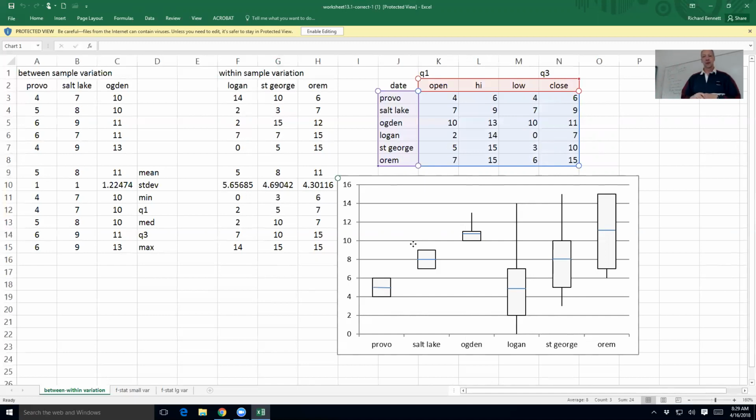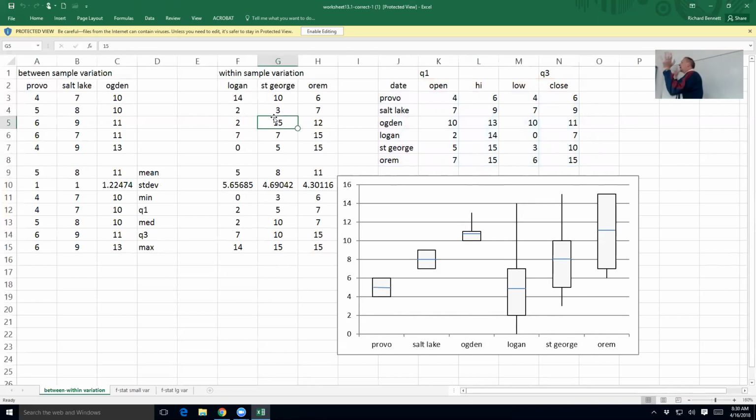So Logan, St. George, and Orem, we wouldn't be able to use. Well, it's not that we can't use them. It's just a lot harder to tell if those are significantly different. These are really easy to see they're different. Maybe they are, maybe they're not. I don't know. Okay, and so that leads us to